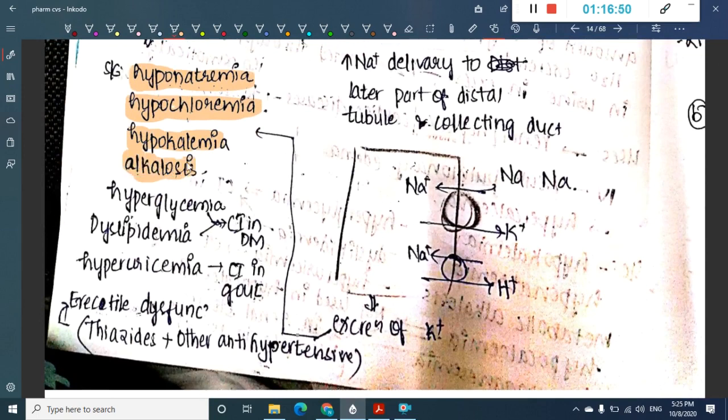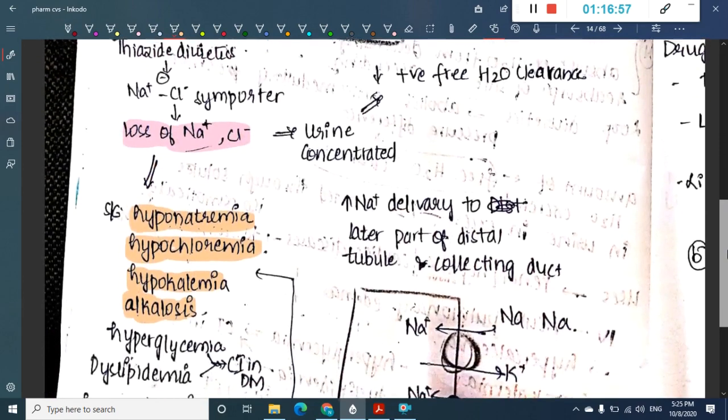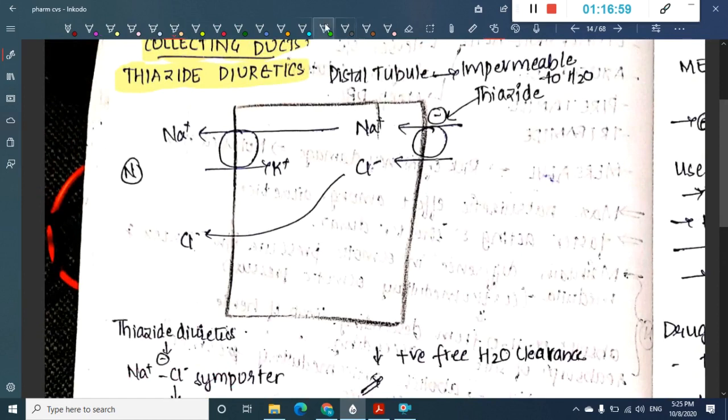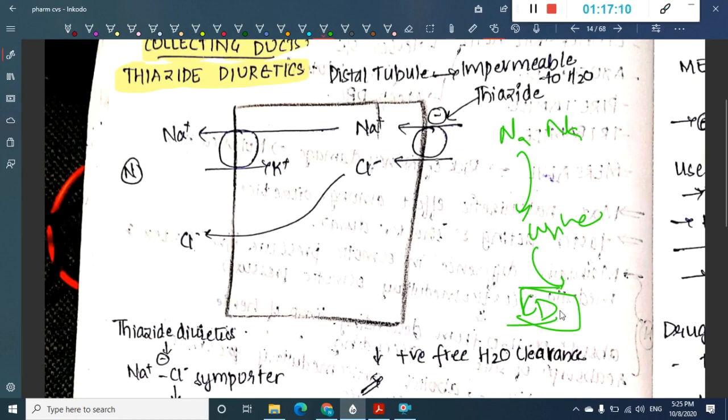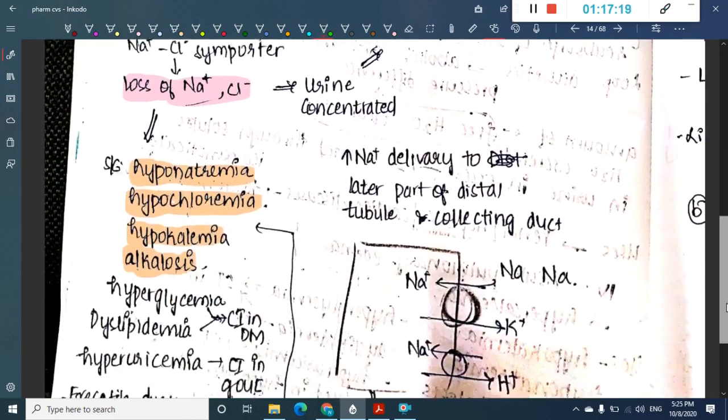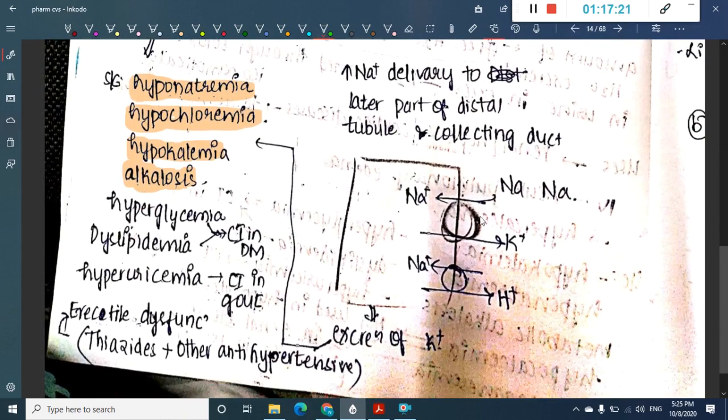Now the question is, why is there hypokalemia and why is there alkalosis? What is actually happening is, this is in the distal tubule, and sodium is increasingly entering the urine. Beyond this you have even more tubule, that is, the collecting duct. Some more cells in the distal tubule. So once more and more sodium enters the cell in the distal tubule or collecting duct.